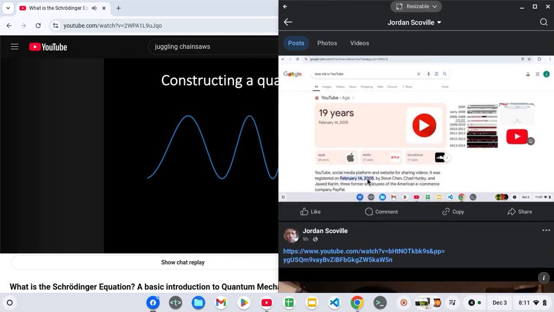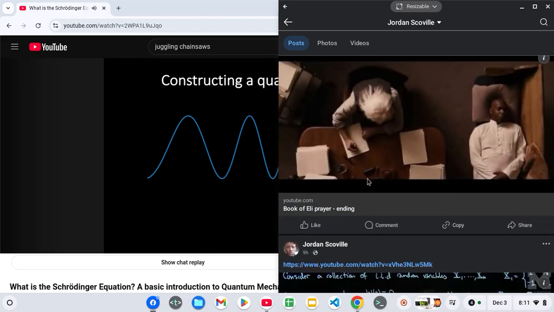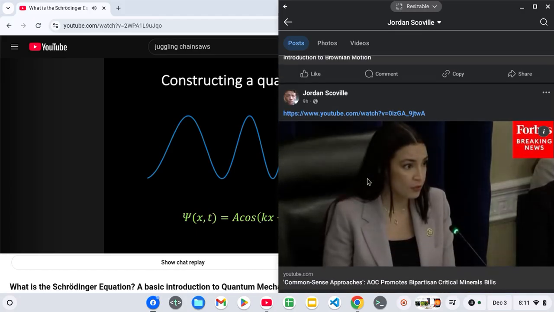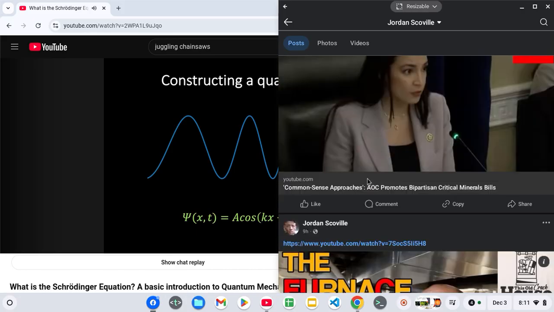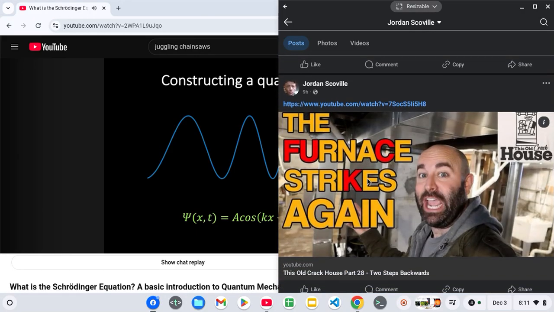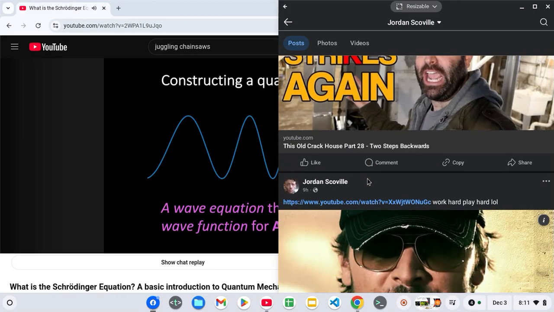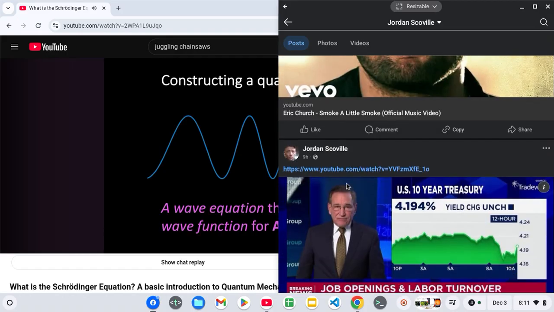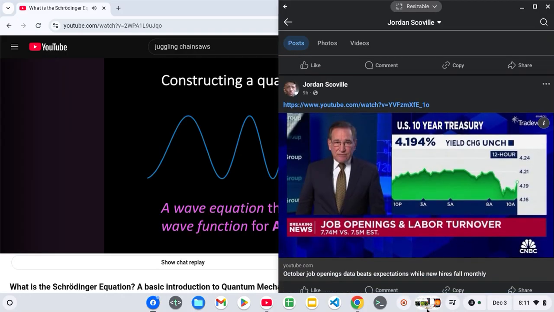To put this another way, if the linear momentum of a particle is not of constant magnitude because the particle is acted on by a force, then functions which are more complicated than a cos kx minus omega t are required to describe the associated wave. The challenge facing Schrödinger was to develop a wave equation that could determine the wave function for any given situation. In other words, Schrödinger wanted to develop a wave equation